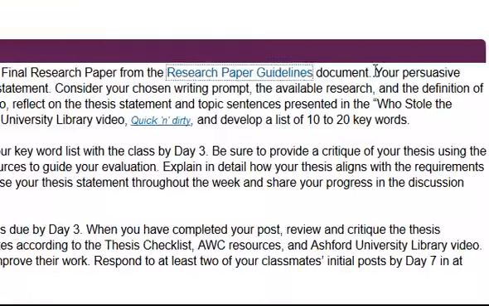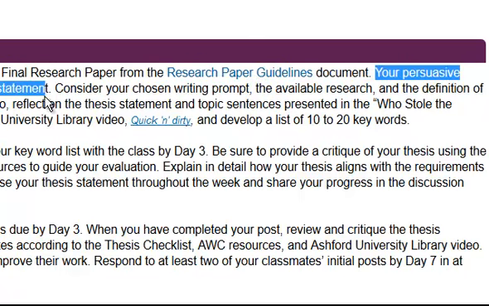Also, this research paper that you're going to be writing this term is going to be a persuasive argument. You're going to try to persuade your readers to your point of view. And the first step to doing that is to create a well-written thesis statement. In any paper that you write, the thesis statement should probably be the last sentence of the opening paragraph of your paper.